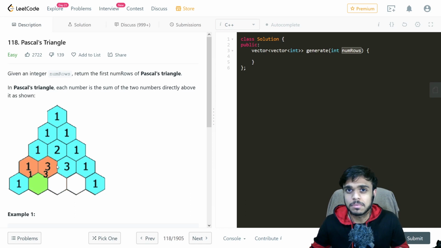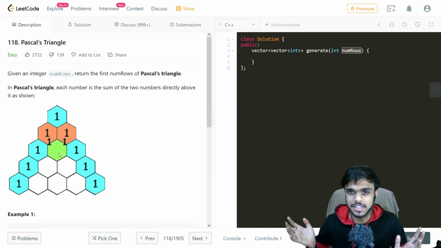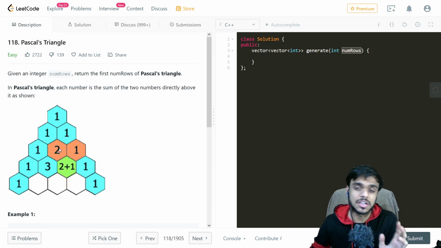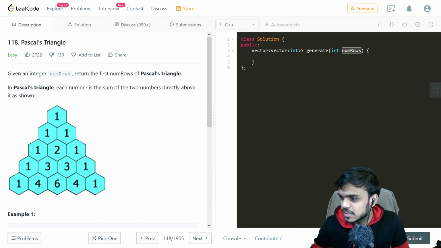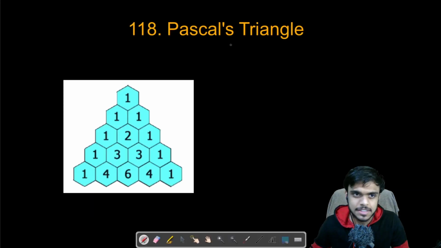Okay, so what happens after that is at every particular index, except for the first and the last index of that row, we just sum up the previous level's numbers that are present before and after it. What I am trying to say is, if you take a look at this example, for the first and second levels the things are fixed. They are 1 and 1, 1.